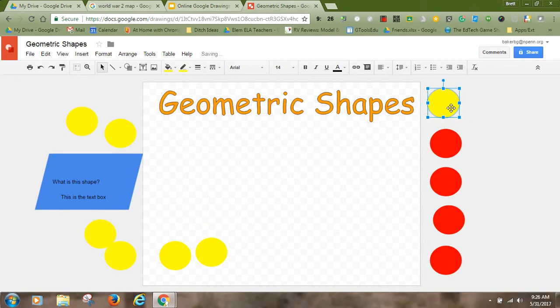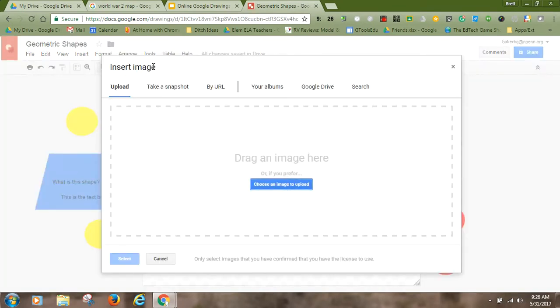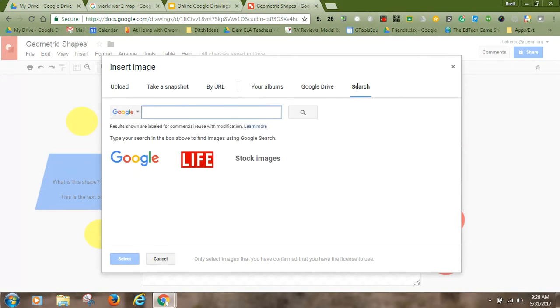If I wanted a graphic, really nice in Google Drawings, I can go up here to insert picture, insert image, and you can upload an image of your choice. Take a picture with the Chromebooks. It's pretty easy to take a snapshot, and that's fast. You could throw it in with your URL or your album or Google Drive. I really like this search feature because most of this stuff is royalty free, and I don't have to credit